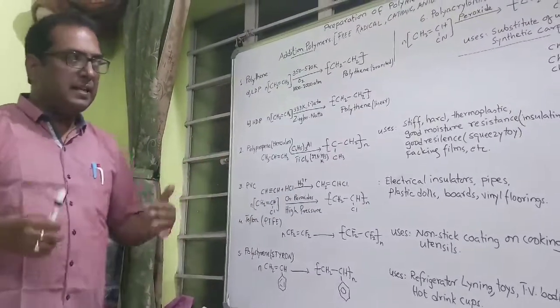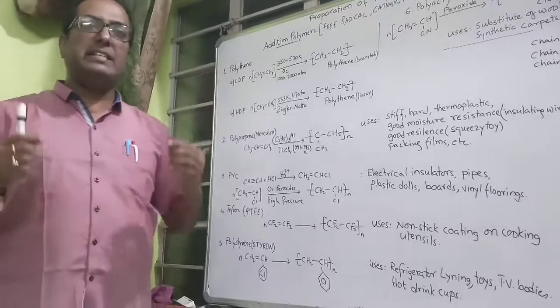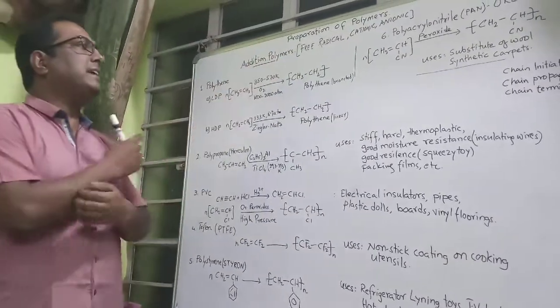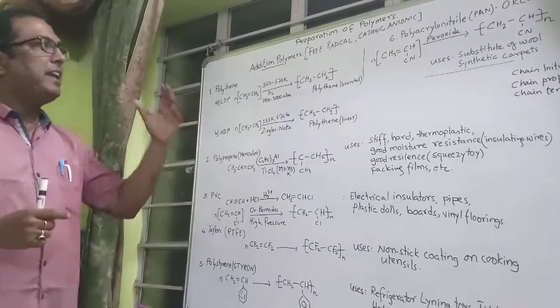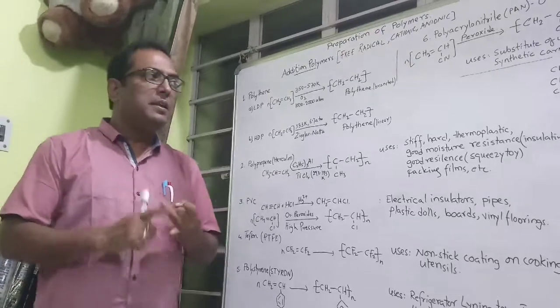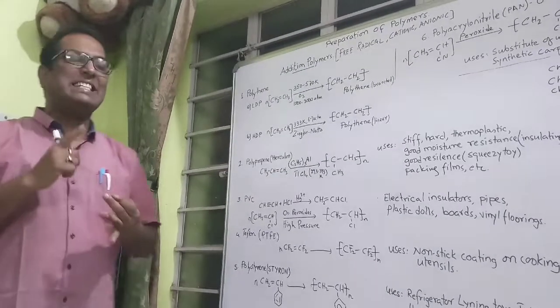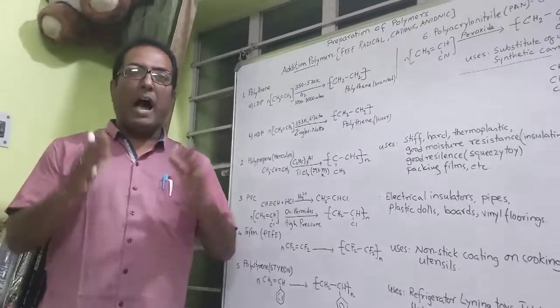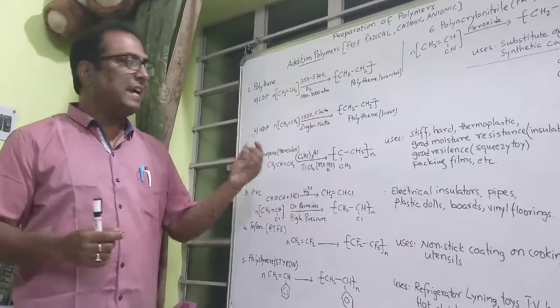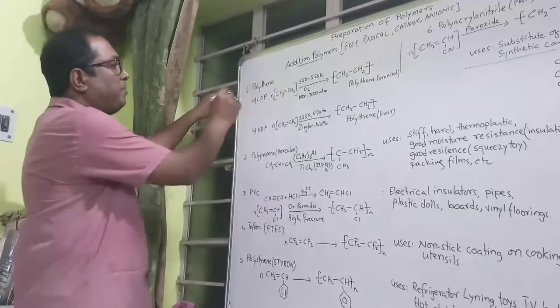And finally, it ends with chain termination. I repeat once more: for free radical polymerization, you have chain initiation, chain propagation, and chain termination. Our work is to see examples that include number one, polythene,